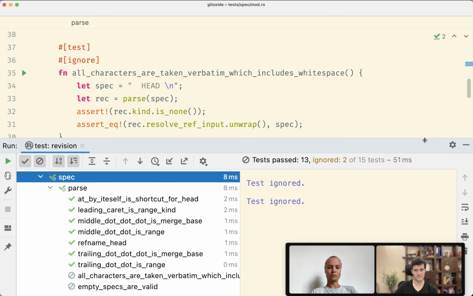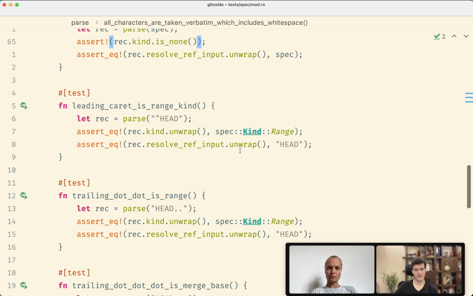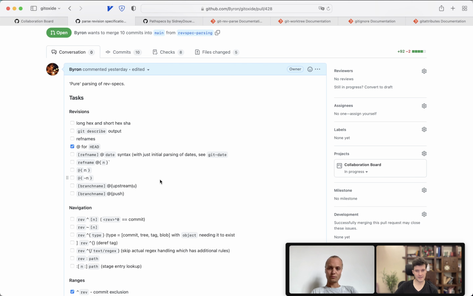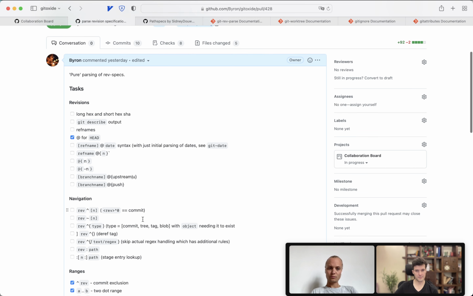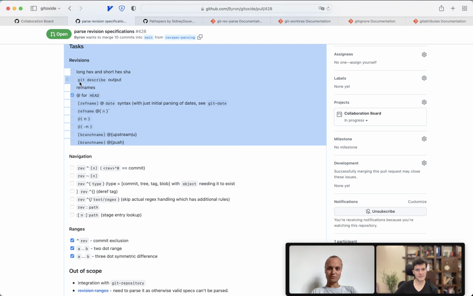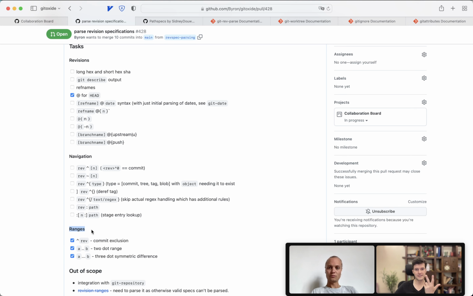So for Git revision, manually laid out tests, potentially a bit more structured. I was thinking about structure, like adding modules. Would that help, to have a bunch of, oh, this is for ranges, and maybe these 3 top level parse items, so to say? This is really what ref specs are: revision, navigation on the revision, and potentially ranges between multiple revisions. So these 3 things, I think I can